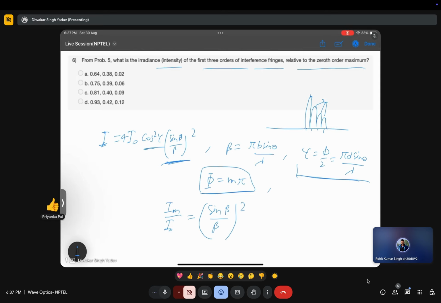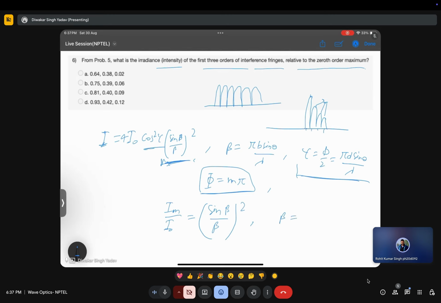Are you able to understand? Yeah, because we studied, right, in the normal interference pattern, all of them have the same intensity. Okay, so this difference in intensity comes due to the single slit diffraction term from here, which is this. So you have to just calculate this thing, and we know that beta is